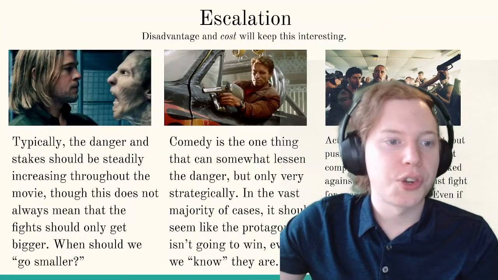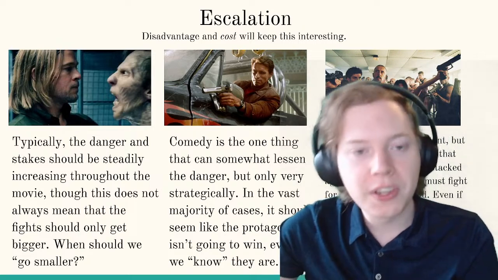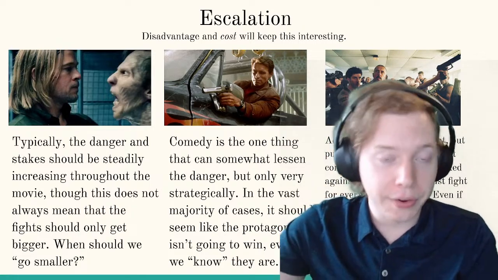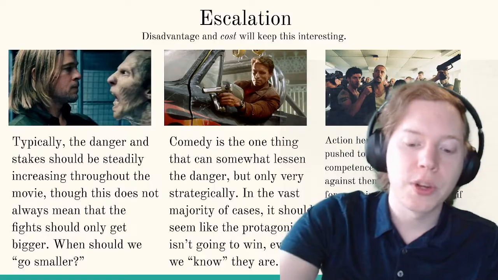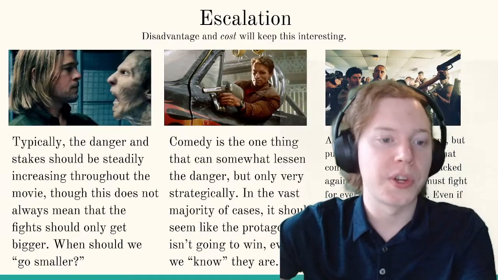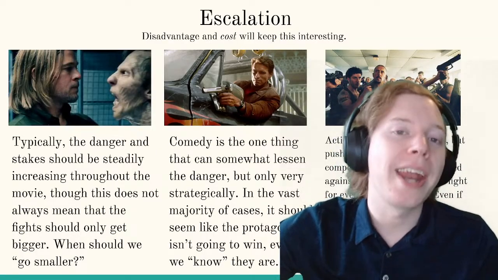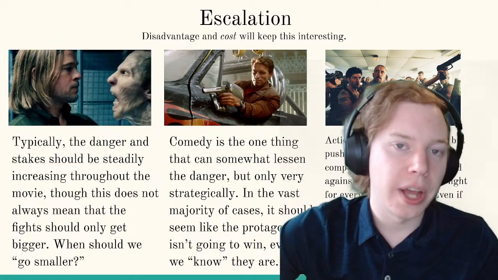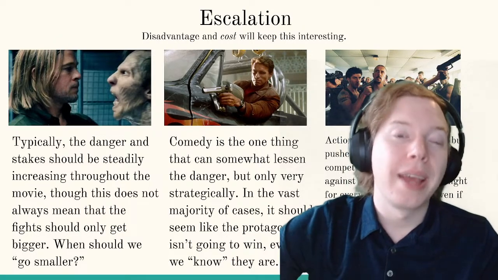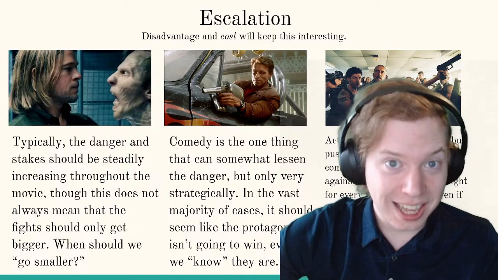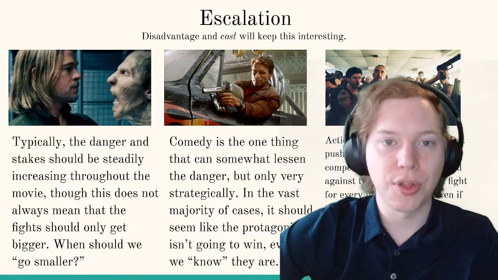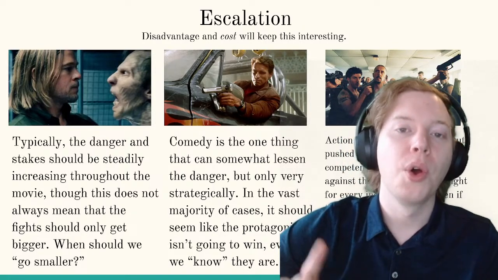Let's look at escalation a little bit. So typically, through these quests, the danger and stakes should be increasing steadily. The ticking clock, which I mentioned, I can go over ticking clocks a little bit more too. That ticking clock is going to be adding urgency and danger throughout. In Lord of the Rings, we have a lot of ticking clocks. The three most essential ticking clocks to begin with are: